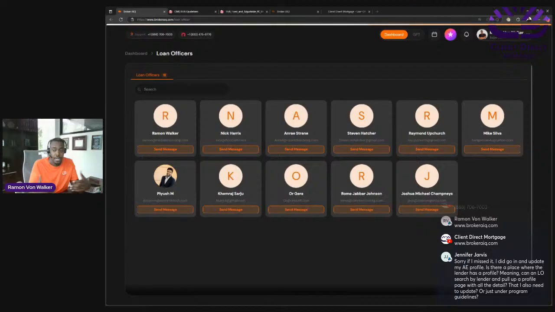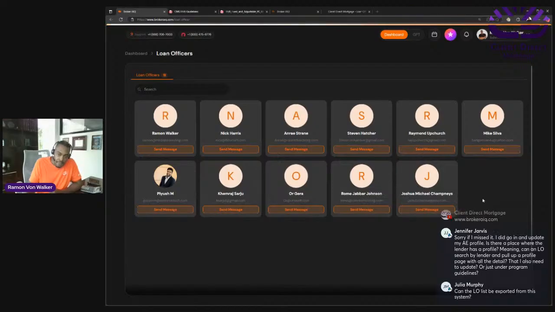Naturally, I don't want to give them access to the system, and your guys' guidelines are not even uploaded yet, right? So we want to build everything out, make it nice and fluffy and pretty, and then let all of them in. But as you come in here, you'll be able to see all of them. What's coming down the pipe that you're going to love is company leaderboard. So you'll be able to see within our company from our payroll who's closing loans, right? What type of loans are they closing? So all that information will be accessible to you.